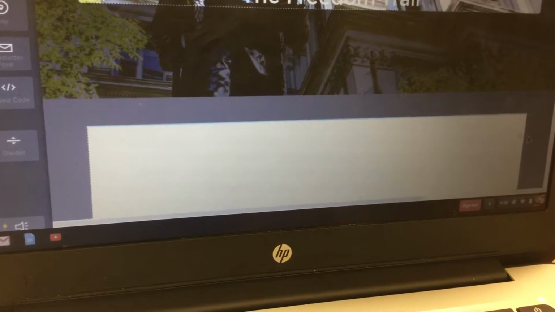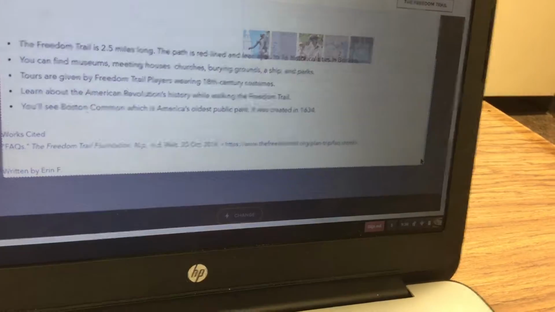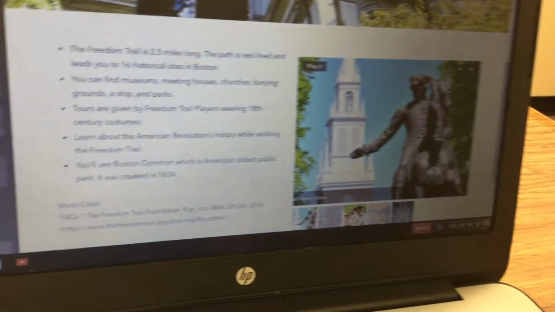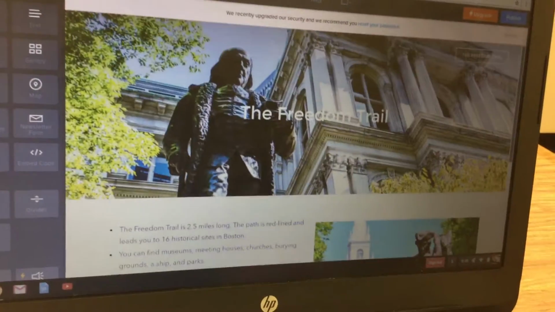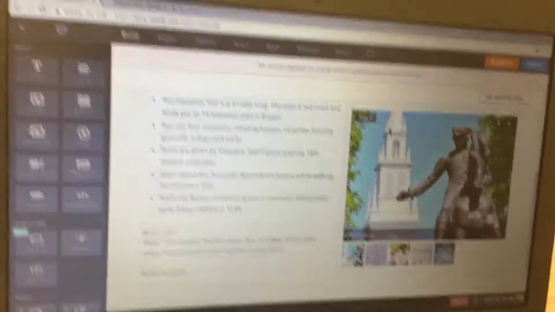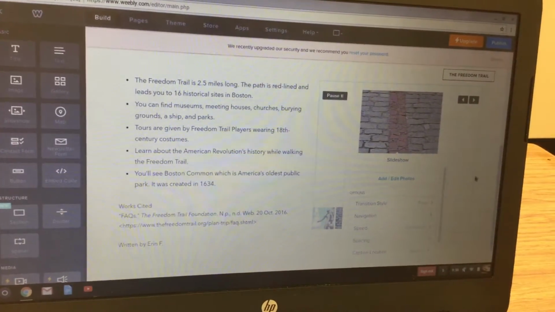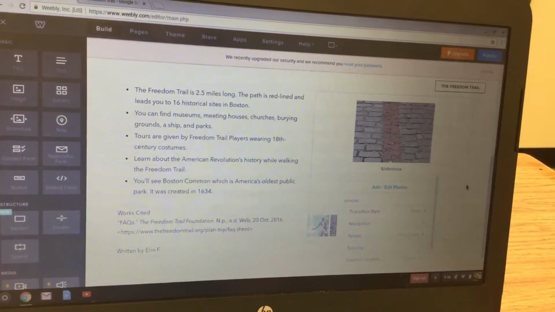Click and drag that to appear on the side of your text. And that'll make it look a lot better. So now you have a slideshow, you can hit play and it'll go through all of your photos along with